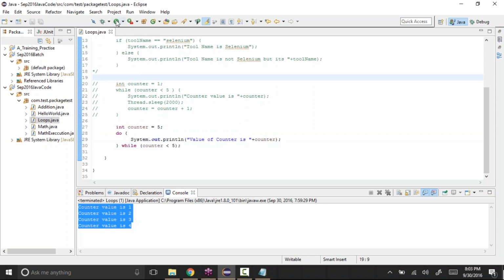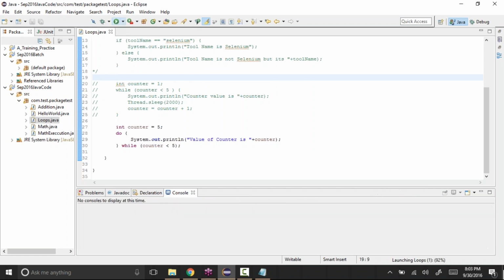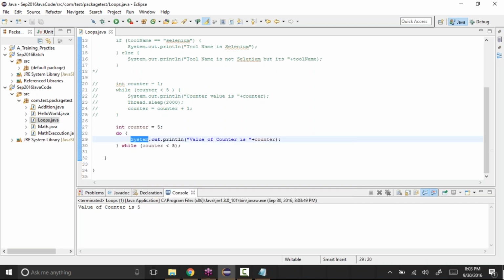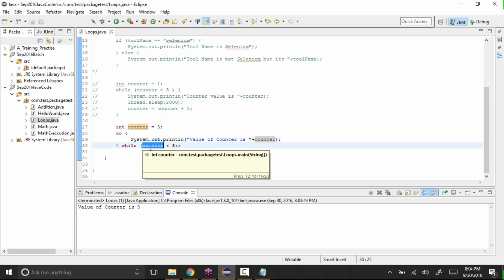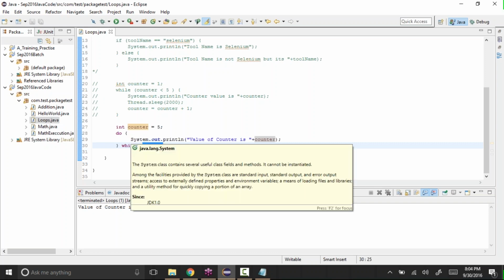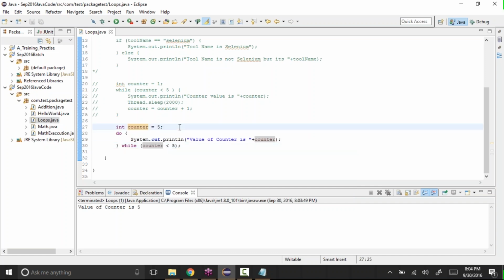If I run this, see, value of counter is 5. So it executed once because first it executes the code and then goes and checks the condition. If it is false, it will come out of that loop. If it is true, then it will continue the execution. But at least once it will execute the code present in the do while loop.